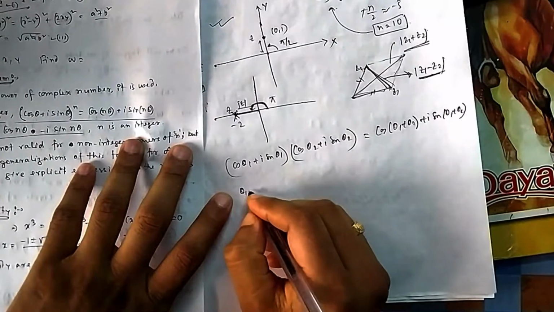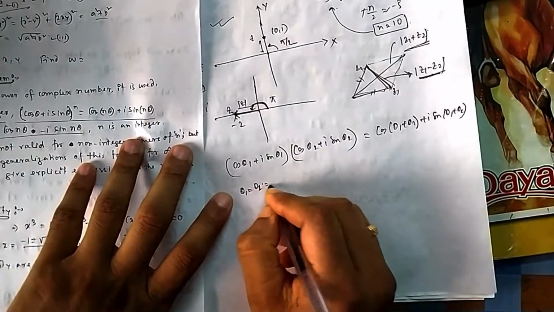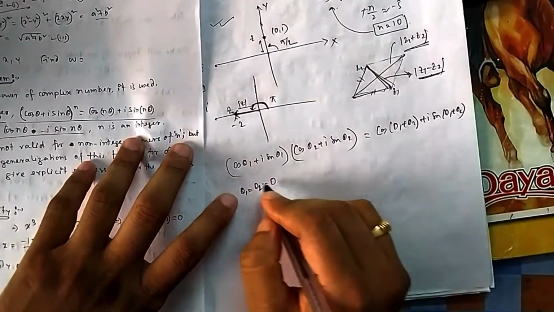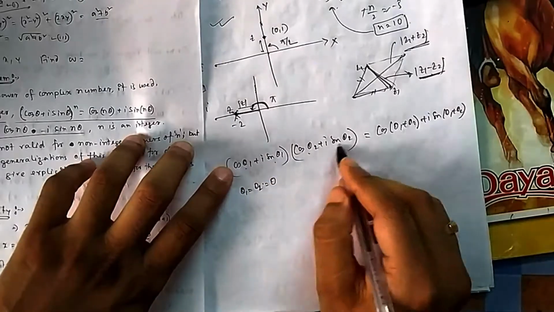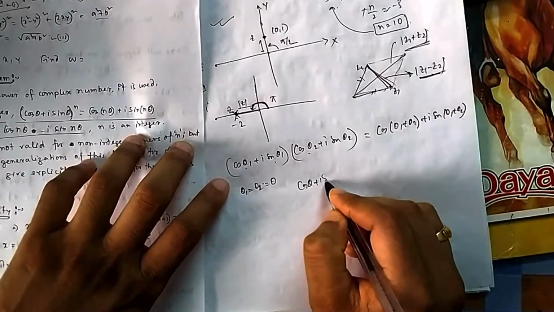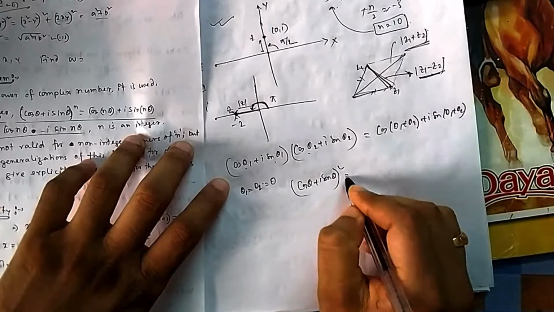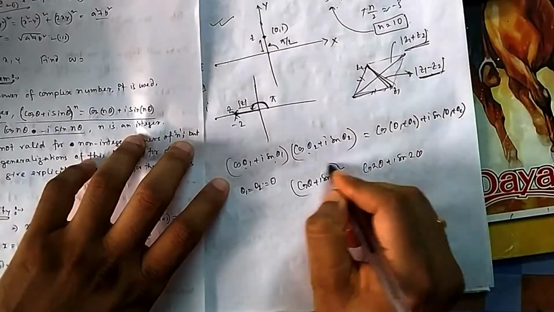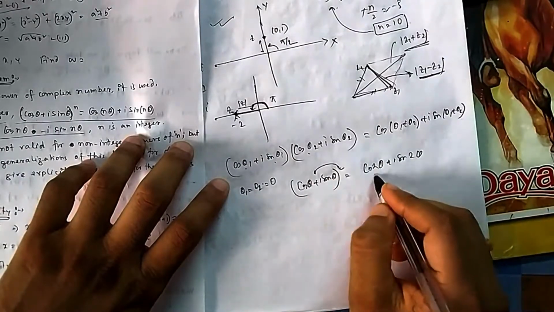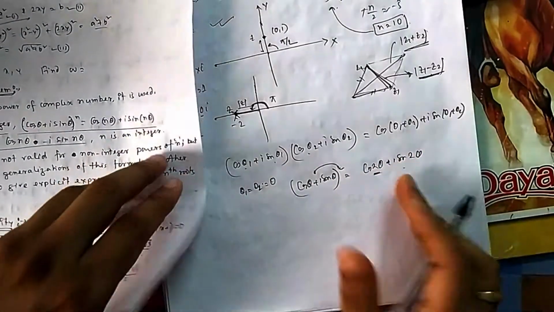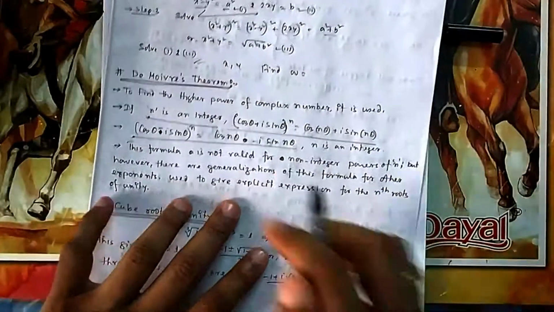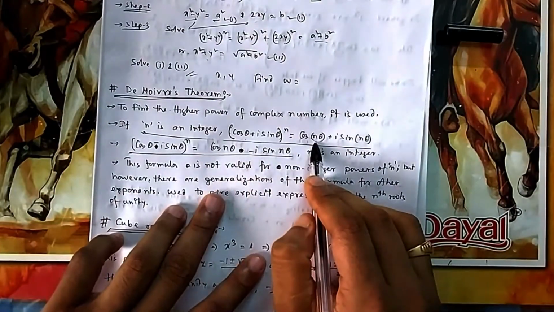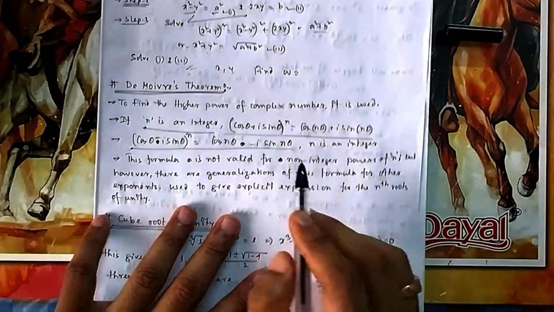Now if theta 1 and theta 2 are both equal to theta, because this is an identity, this will be true. So what will this be? cos theta plus i sin theta times cos theta plus i sin theta, that is cos theta plus i sin theta whole squared. It will be cos 2 theta plus i sin 2 theta. You can see 2 is entering the angle. This power is entering inside the angle. So you can do it any number of times. So that is the idea. This n will go inside along with theta: cos n theta, i sin n theta.